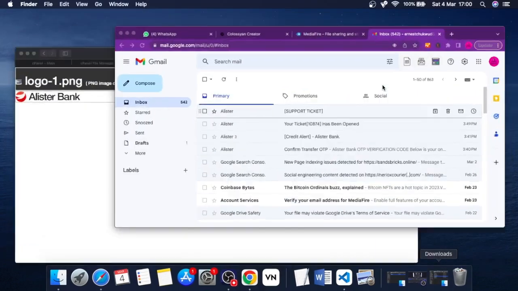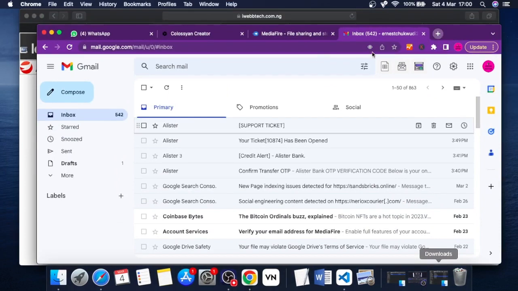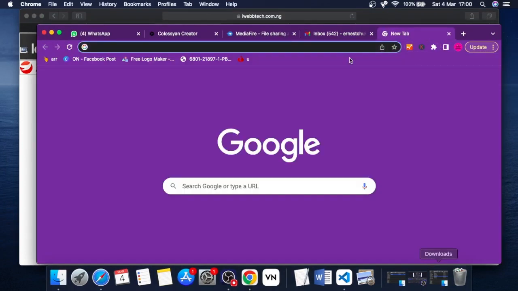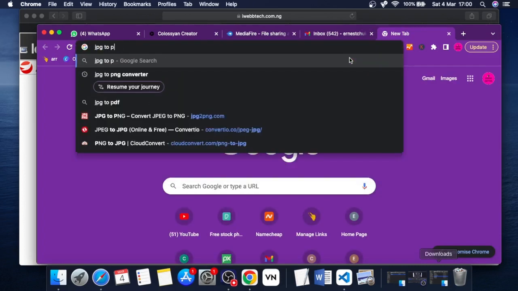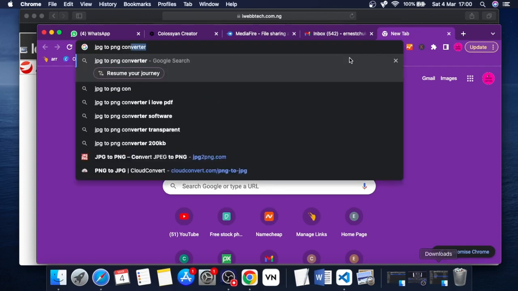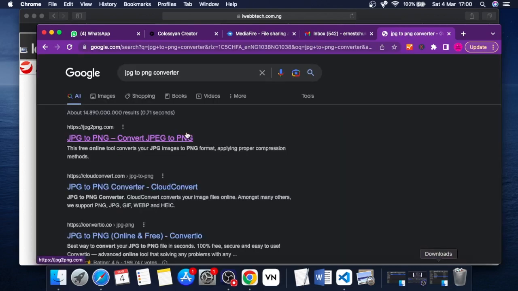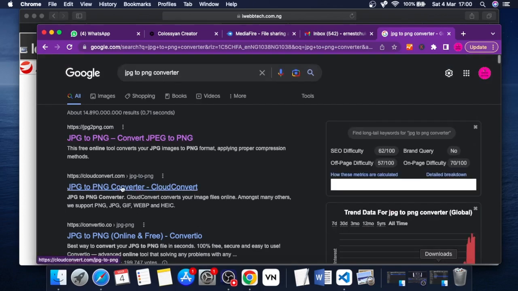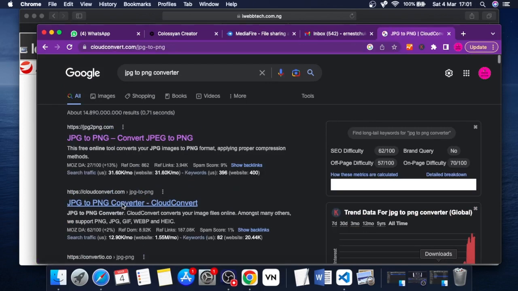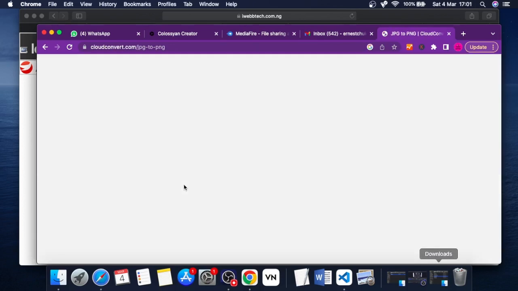okay, I will just use Chrome for this. I like to use Chrome for this. So just search, no matter any browser you're using anyway. So I'll just search for maybe JPG to PNG converter, you know. I'll load that up and then I'll go with any of the links. You can see this is JPG to PNG, whatever.com, and this is cloudconvert.com, whichever one is cool. So I'll just go with this cloudconvert.com. I'll just open cloudconvert.com, and you can see,